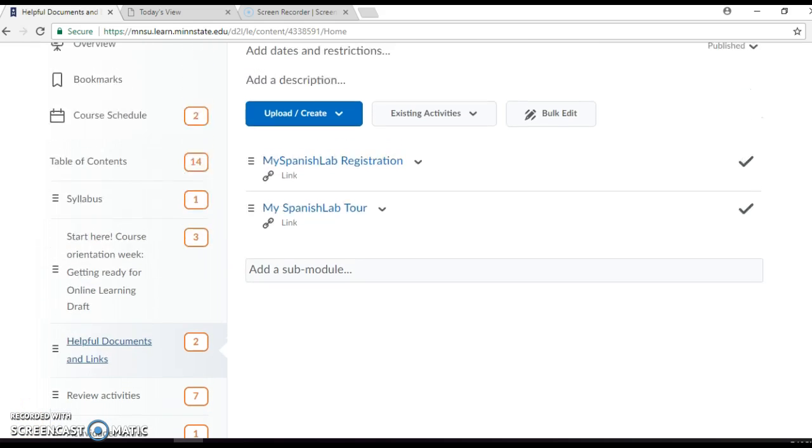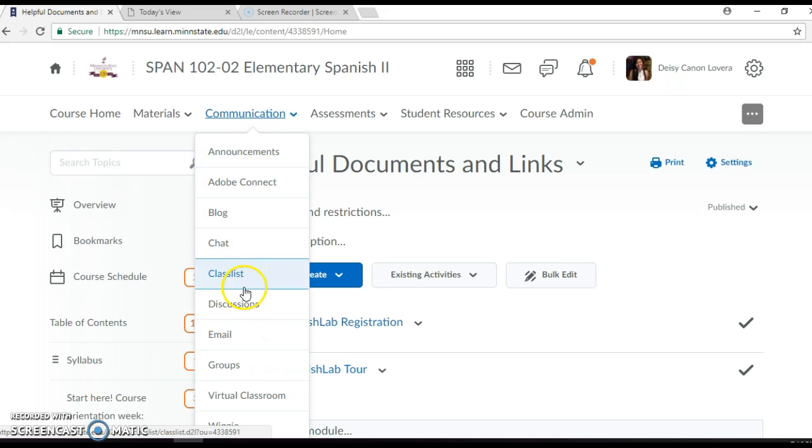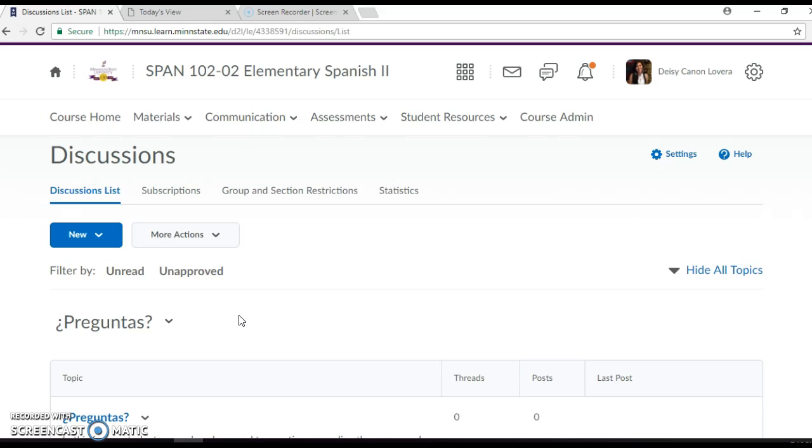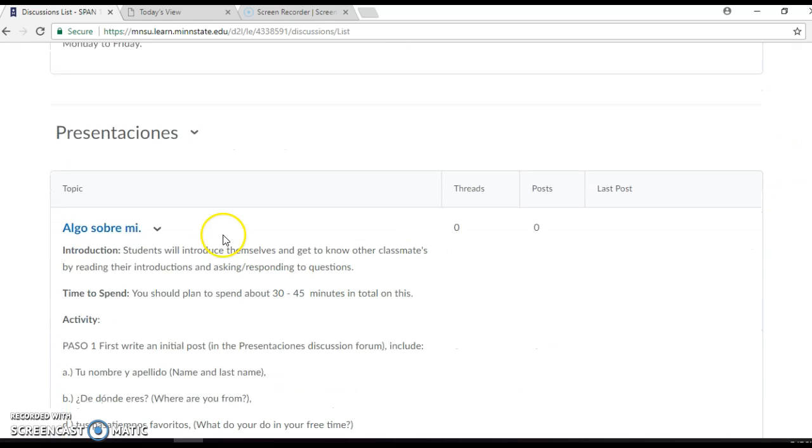If you have questions, you will go to communication and discussions, and you will find a forum called Preguntas. If you click here in Preguntas, it's going to be always open, so if you need help, please use it. And you will also find your first discussion that is called Algo sobre mí. Okay,